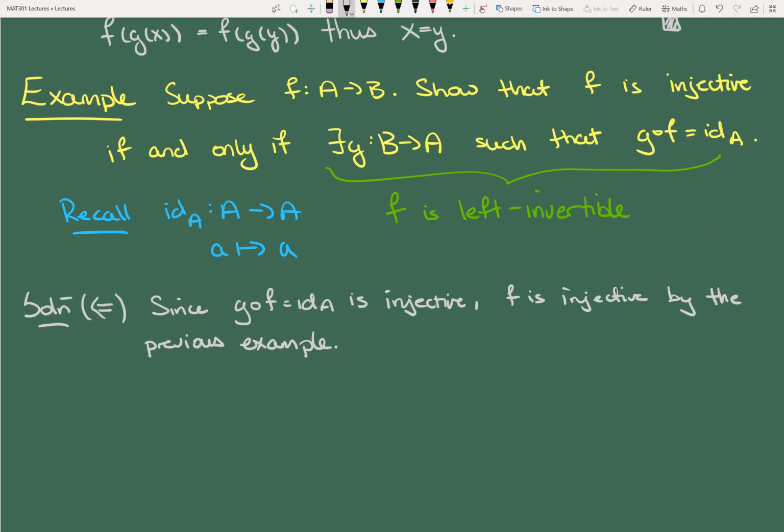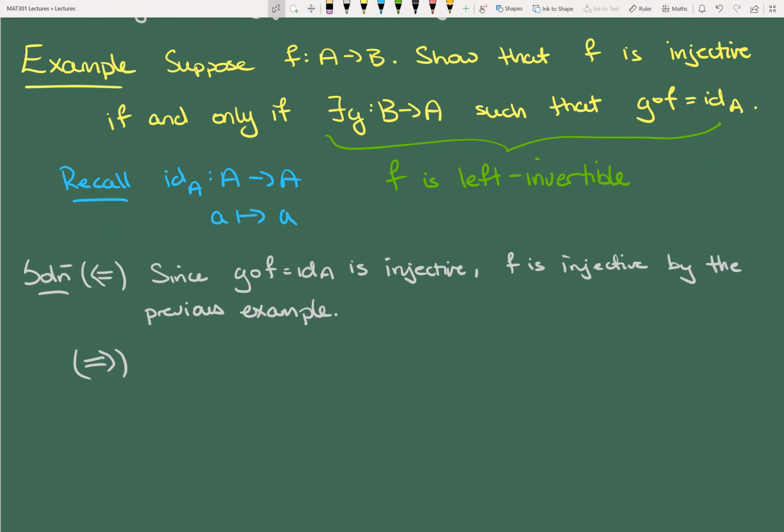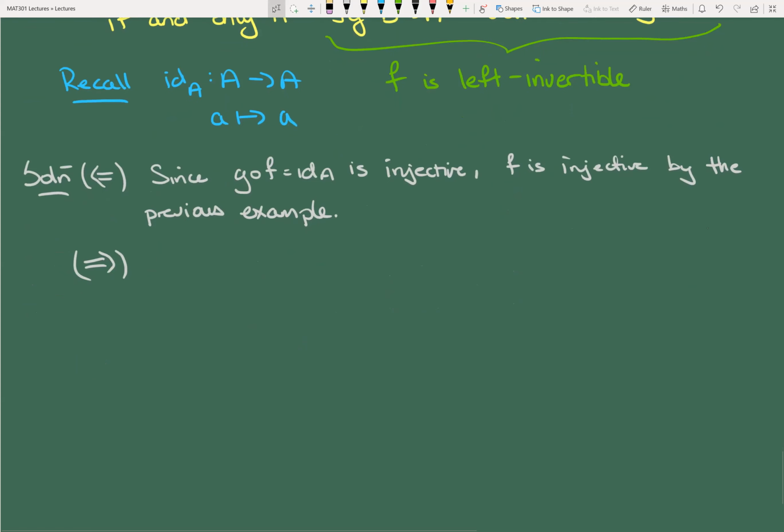All right, now the forward direction. Okay, so we have to show that a left inverse exists, which largely means constructing the left inverse. Now, if you can't see what's going on, this is one of these examples where I think it actually really helps to draw out theoretical sets A and B. All right, so let me label this as rough work. This is not part of the proof.